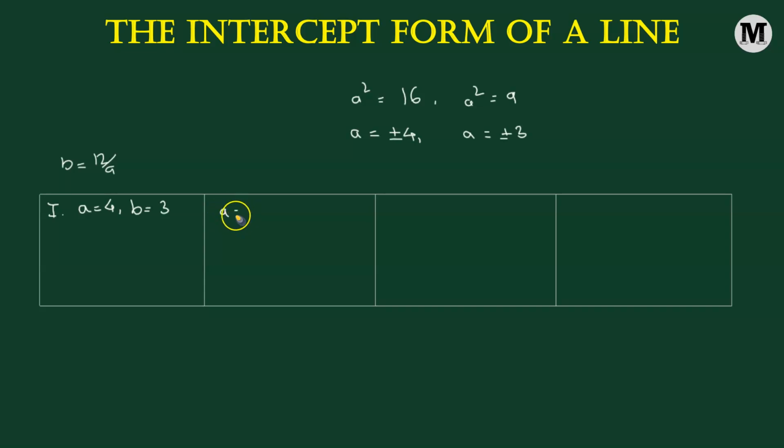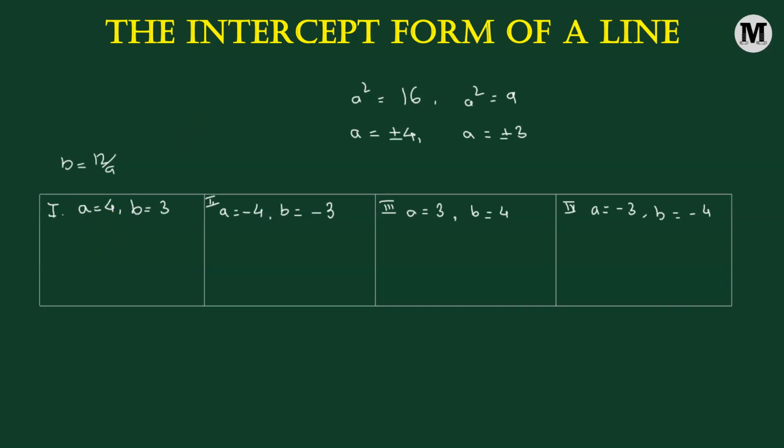Then we can consider A to be equal to negative 4. In that case, B is going to be 12 divided by negative 4, which gives us negative 3. This is the second case. Coming to the third case, we consider A to be equal to positive 3. Then 12 divided by 3 gives us positive 4. And then we finally have the fourth case where A equals negative 3. In that case, B is equal to 12 divided by negative 3, which is negative 4. We can use these 4 cases to